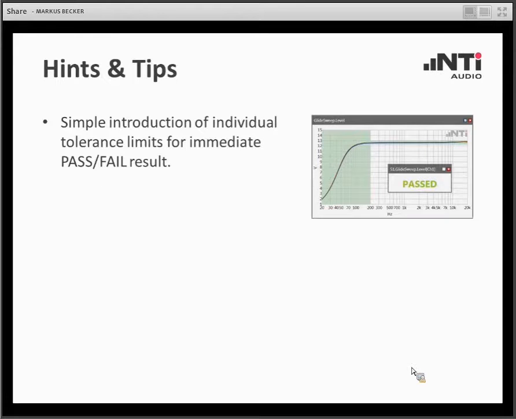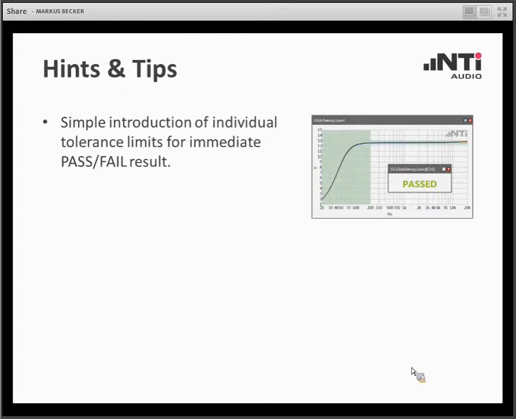Some further hints and tips. What we did not show you in here because it would boost the scope of our webinar is how to establish individual tolerance limits for an immediate passed-failed feedback. We have actually shown how to do that in a previous webinar, which you will find on our website. This is a pretty simple procedure.